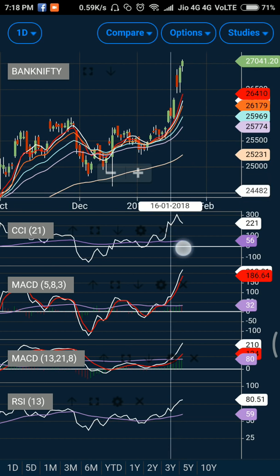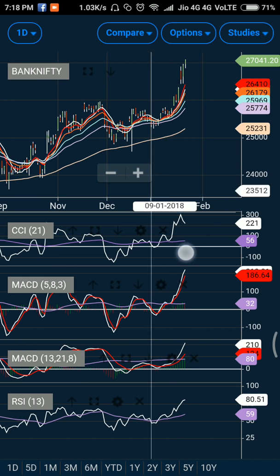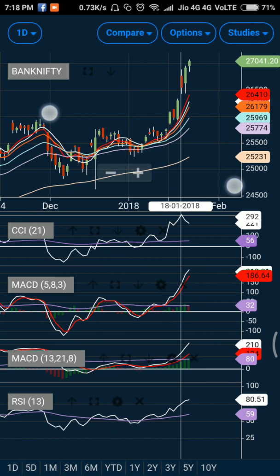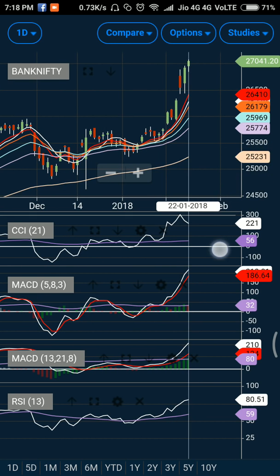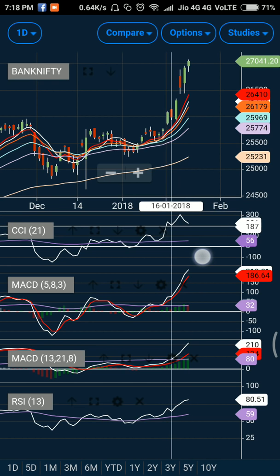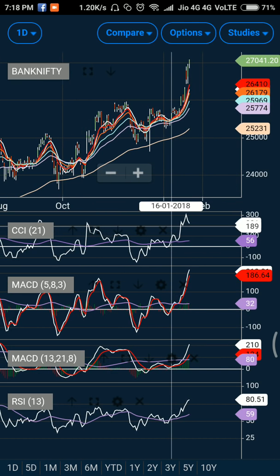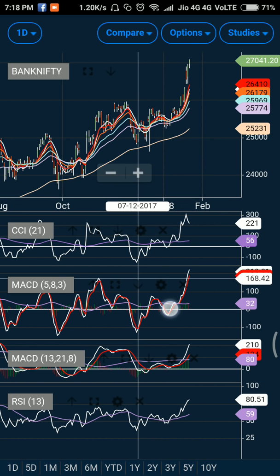Now one thing that is very troubling here is, as you can see, that CCI is not holding on the high side, and even though the market is going on a high side, CCI has started falling. Now it has support near the previous support line, so it might take support and come back up, but there is a chance that this particular move might not sustain. However, as of now the data looks bullish.